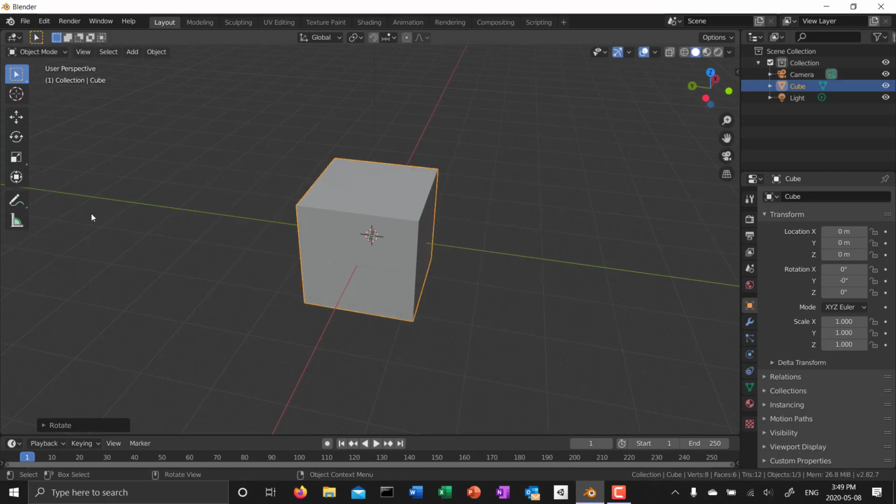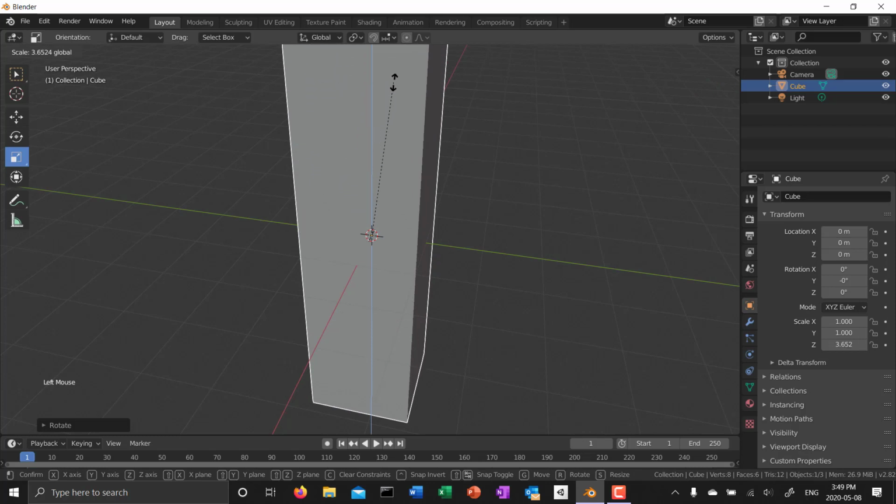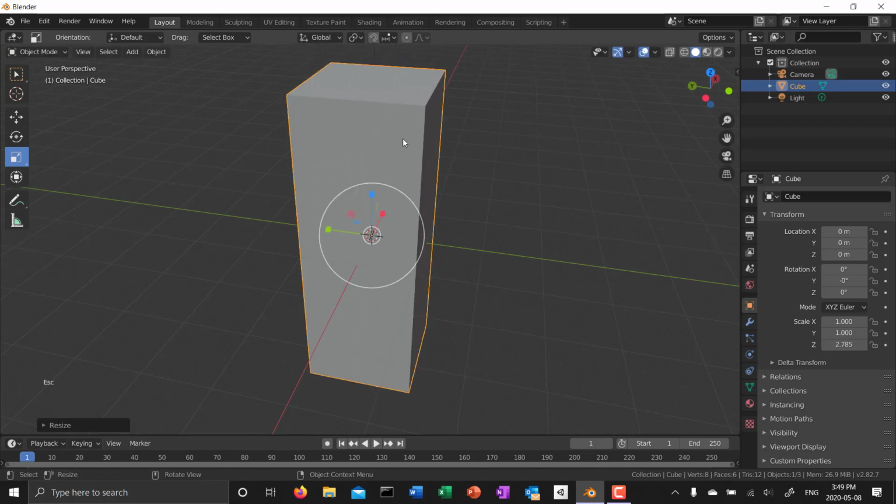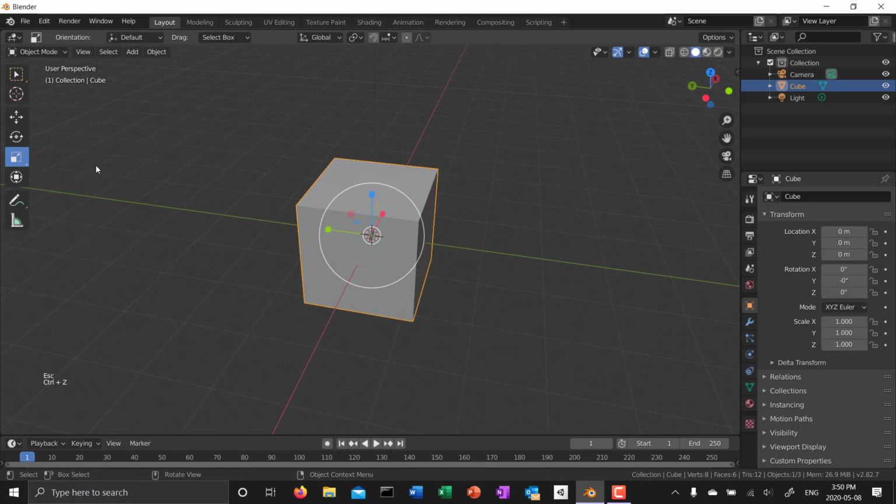Okay. And there's also the handles here. So you can see that we've got these handles. So you can do the 2 axes at once, or you can just do, say, for example, just the Z direction. Let's just scale in the Z direction. Okay. We'll just Control Z to get rid of that. I don't use the handles, so I like to close them so that I can still kind of see what's going on. Alright, so that's enough for object mode because what we're going to be using most of the time